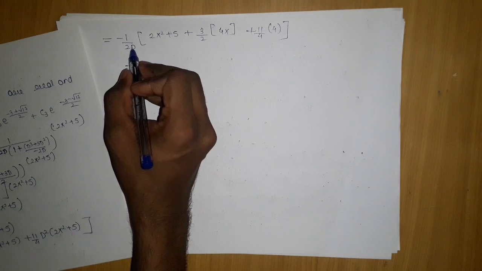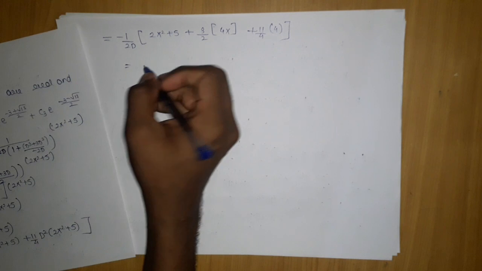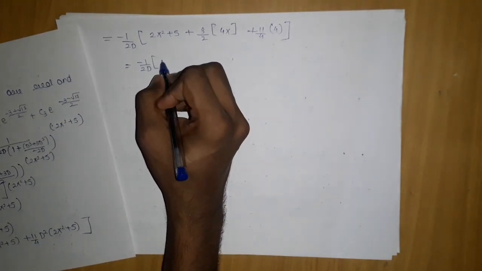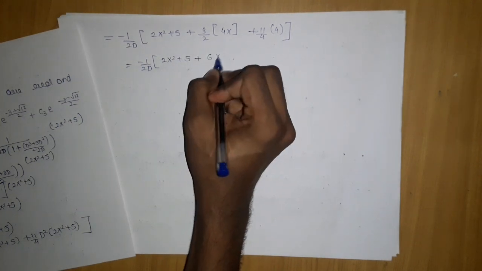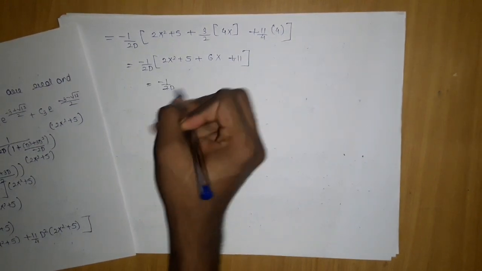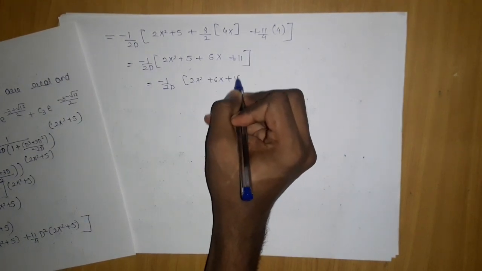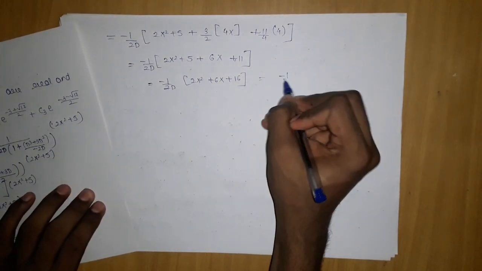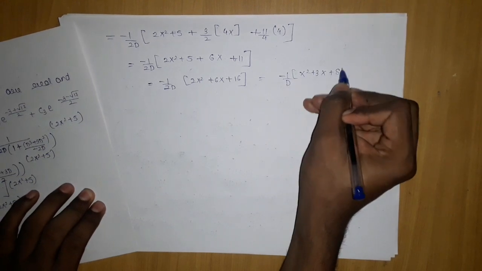Now if we multiply this 1 by D throughout, it will do what? Integrate the things. So let's first simplify here, then we will multiply with 1 by D. 5, this will be what? 2, this will be 6x, 11. Further on, if we simplify, 2x square plus 6x plus 16, you can take the 2 outside and things will get more simplified with this, which will be x square plus 3x plus 8.